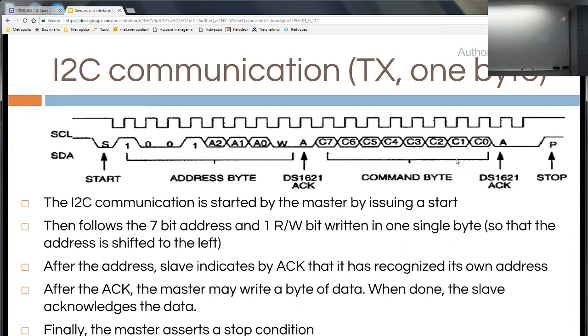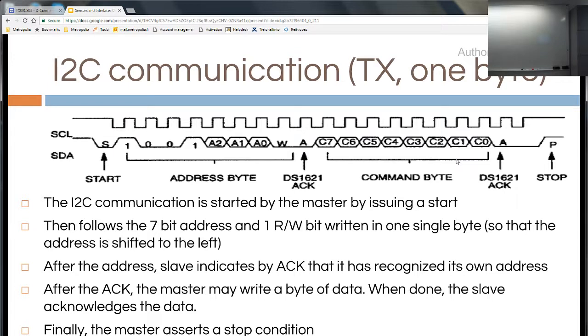And 7 bits plus the read-write bit. That tells whether the master is writing data, or is expecting data to be written by the device. The acknowledgement bit here means that